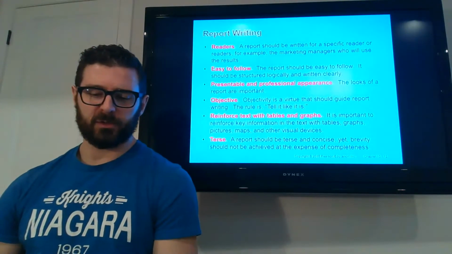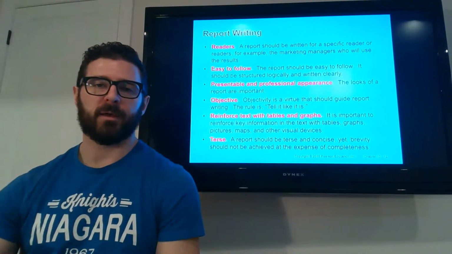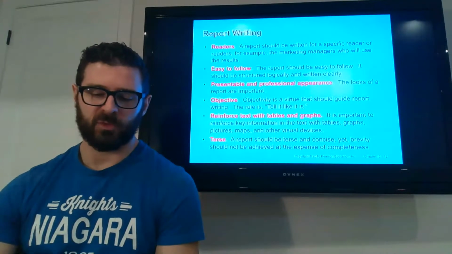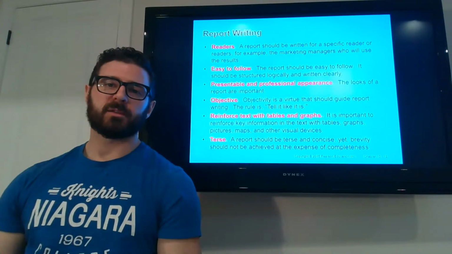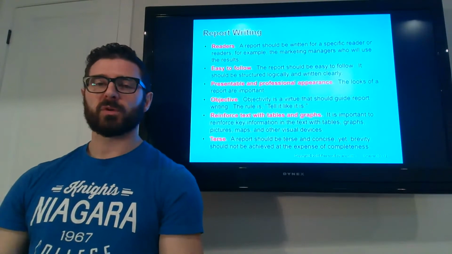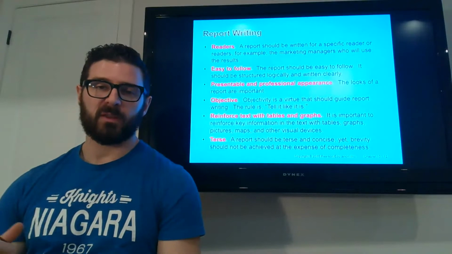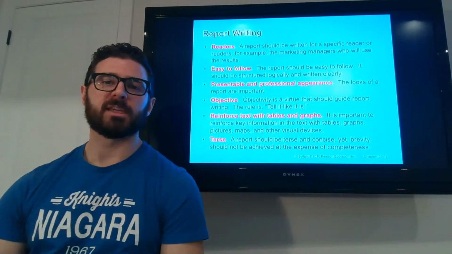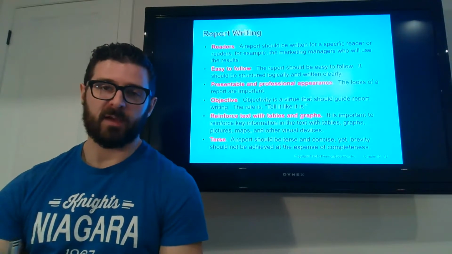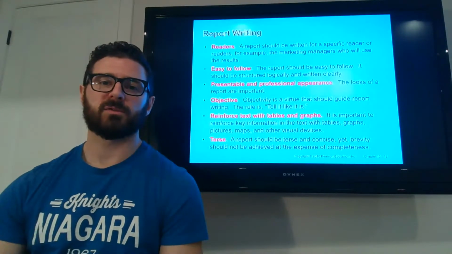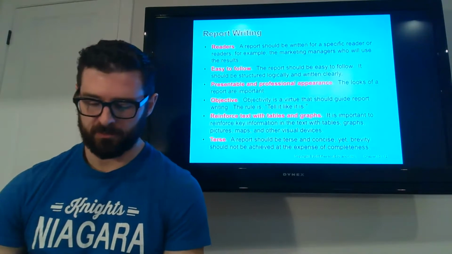It should be terse, and by terse I mean concise. No need to expand where it's not relevant. That being said, you should make sure that it's complete. So it's important to keep things tightened up, but at the same time, you don't want to leave out key information. Don't just write for the sake of writing. Make sure that everything in the document is useful and you're not leaving anything out.